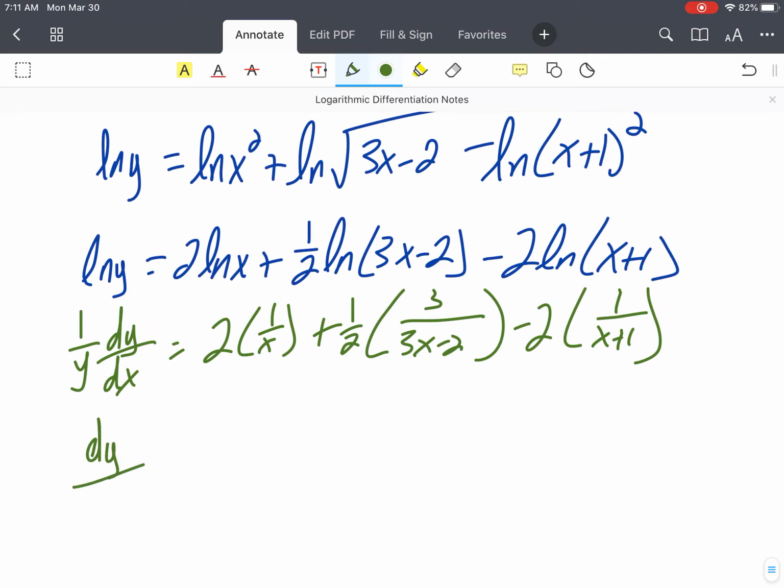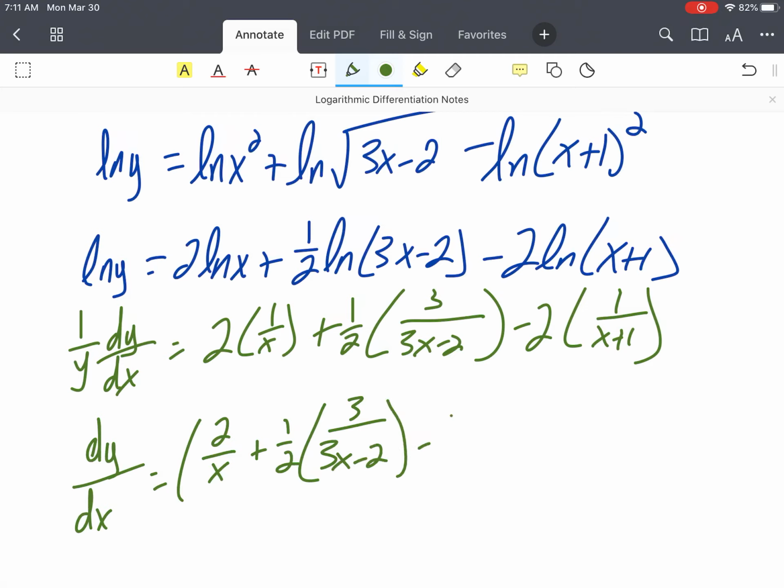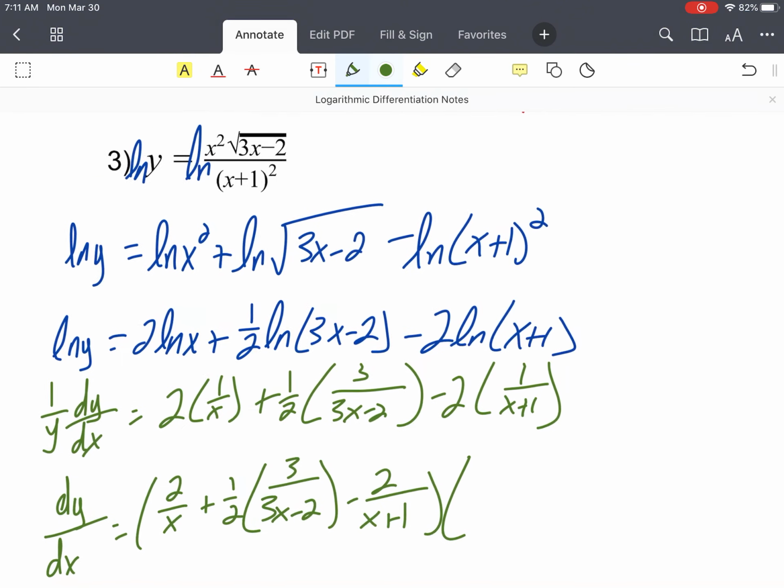All right, final step is to multiply over that y and substitute it back in. So dy/dx equals 2 over x plus 1/2 times 3 over 3x minus 2 minus 2 over x plus 1,